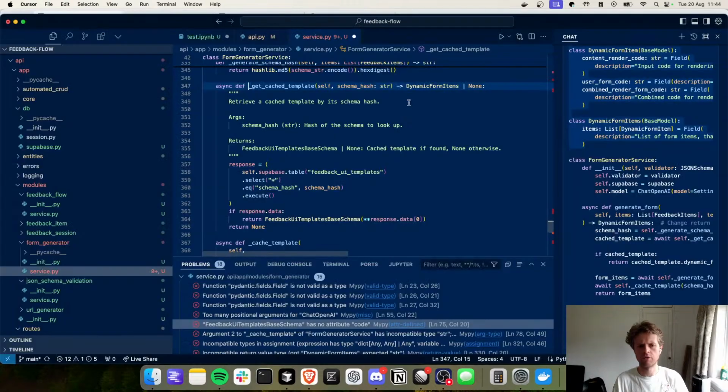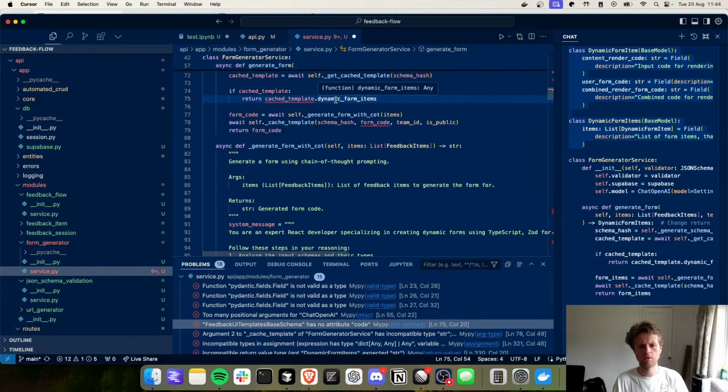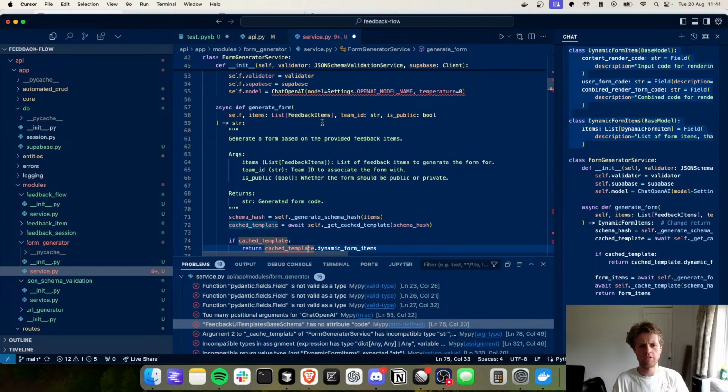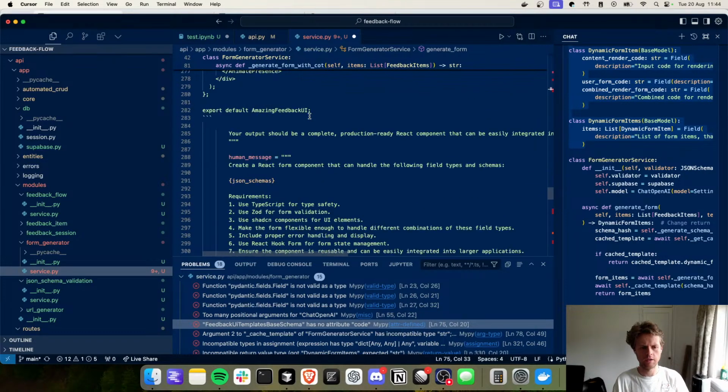Dynamic form items. Yeah, that's what we want. Cache template is not that. Cache template is